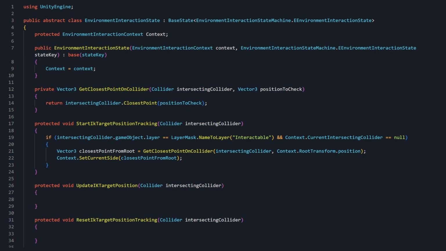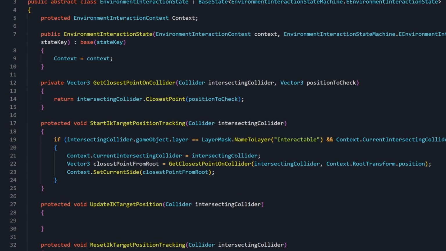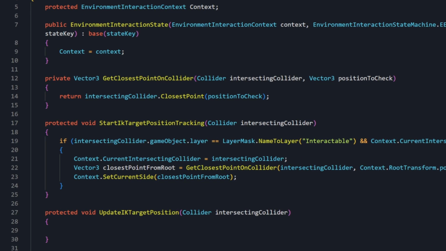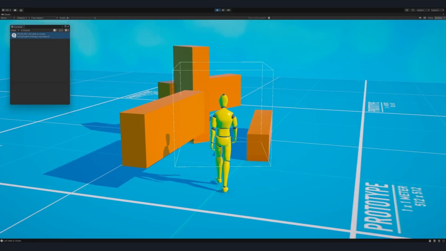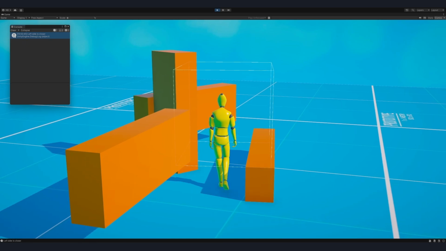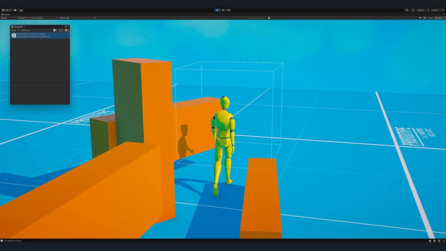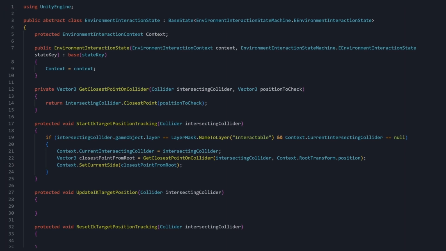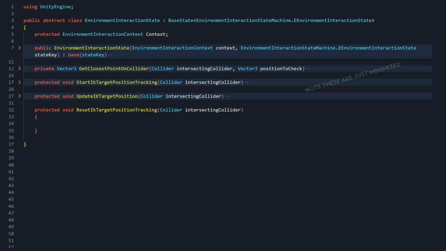Now we just need to set the current intersecting collider at the top of start IK target position tracking method. This ensures that once the procedural animation starts, it won't transfer to another collider. And to reset this value, let's implement reset IK target position tracking. Validating that the exiting collider argument is equal to the current intersecting collider, we can set the current intersecting collider